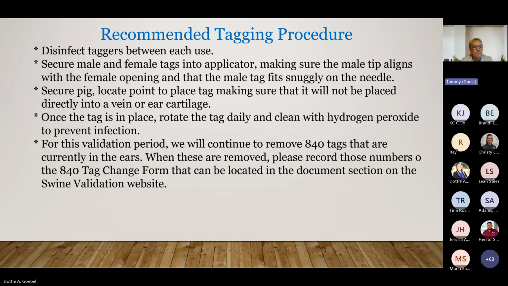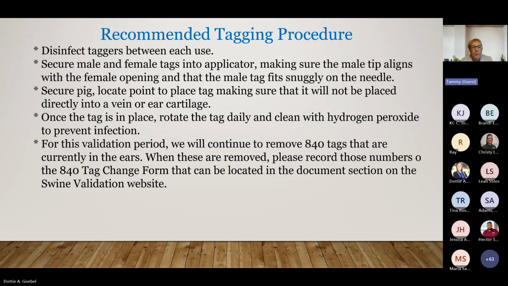And for this particular validation period, I know there was some talk last week on the cattle, and I did get to visit with Dr. Lansford at the Texas Pork Producers Conference over the weekend. We will continue to remove our 840 tags just like we did last fall.